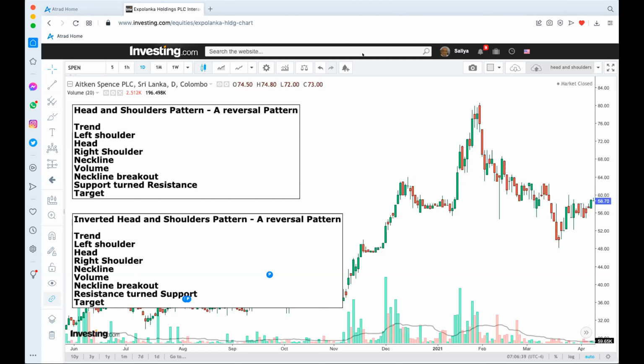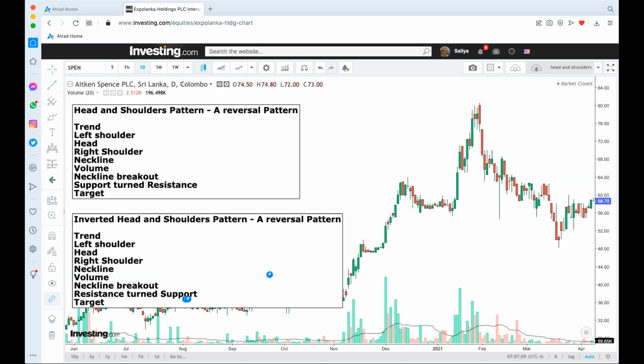Therefore, I'm going to use the uptrend that we saw in the month of January, and I'm going to use a stock which is Aiken Spence. Not only so many favorite stocks were very active during the month of January. Even less famous but very strong counters like Aiken Spence PLC also had a rally, and still they are enjoying